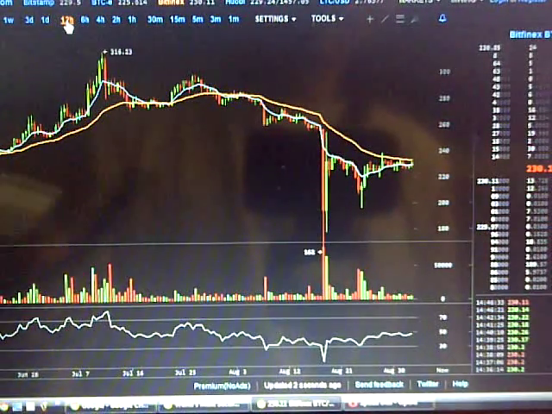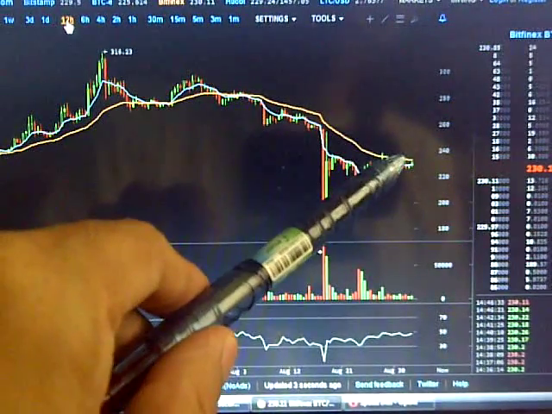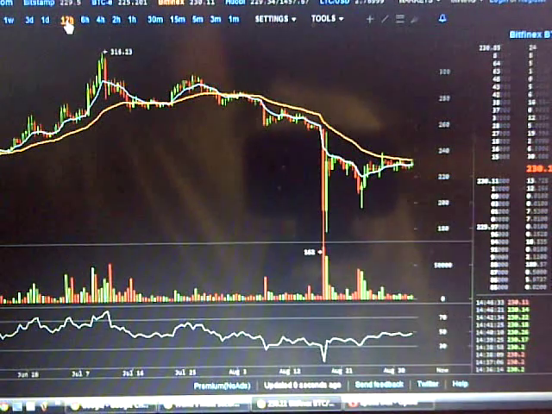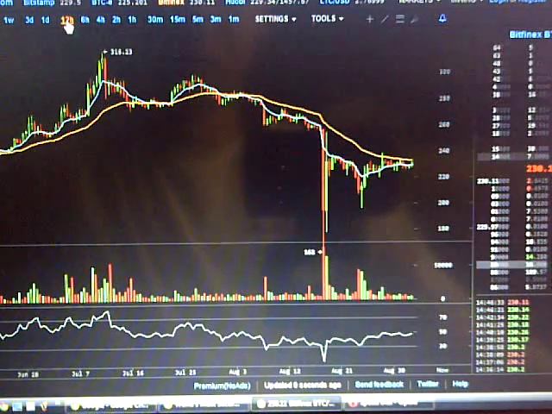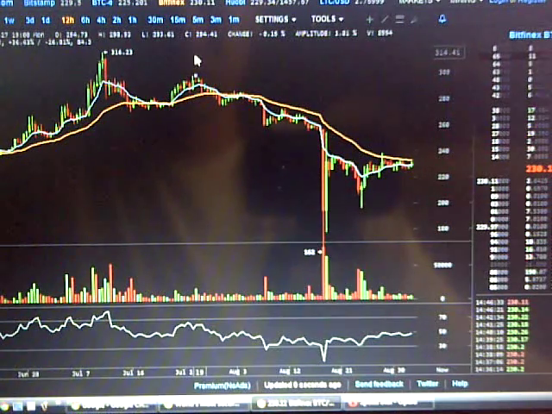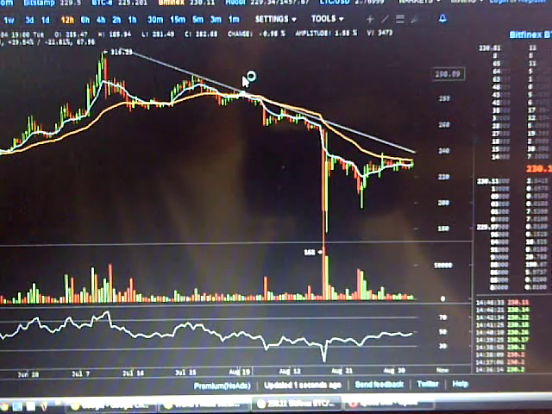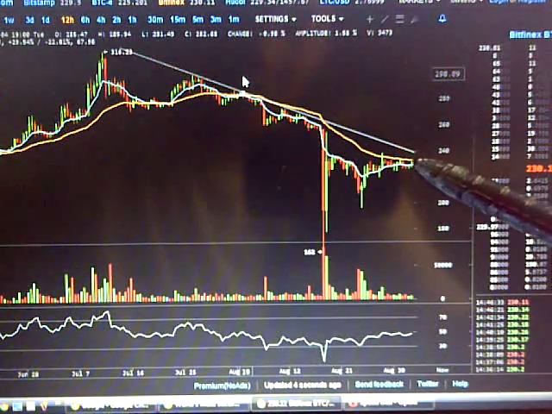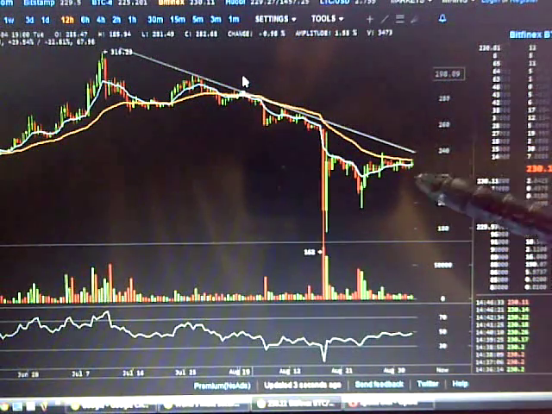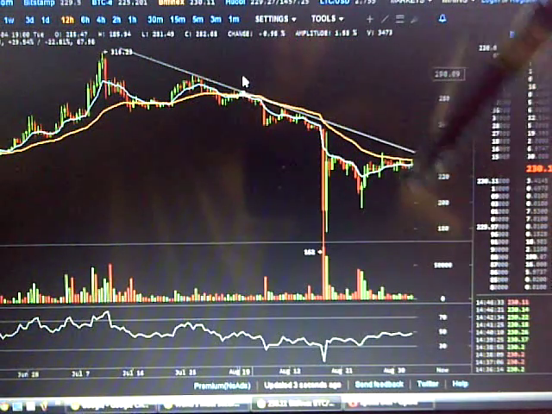On the 12-hour, it looks like it's been consolidating. It's been really bouncing in between. It's fallen a little bit below, but it's squeezing in tighter and tighter. And you can also make a line here. I've been looking at this for a while, and you kind of make a line. You can see it's getting closer. We'll see if it breaks out and just floats around or shoots up. It could just hit down and come back up, or go back down further. It's hard to imagine going down further, but